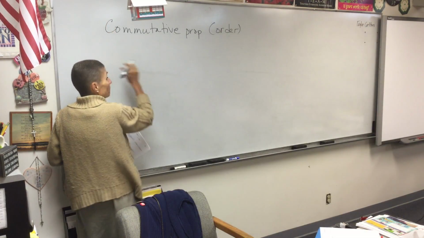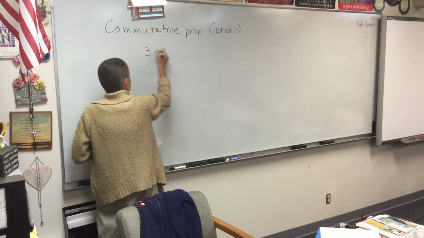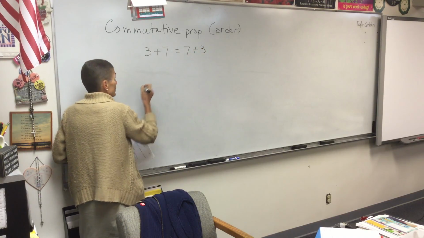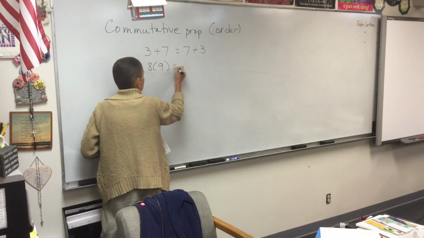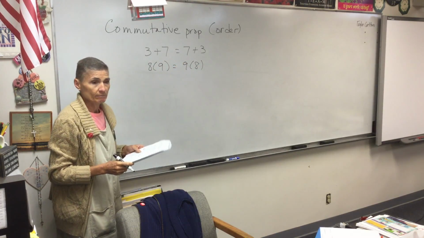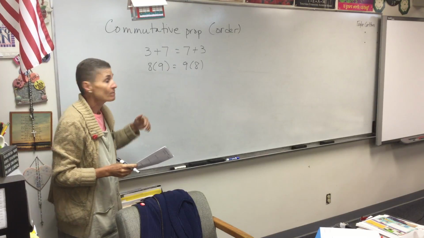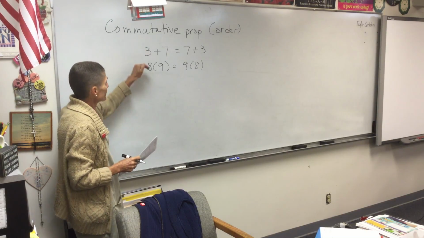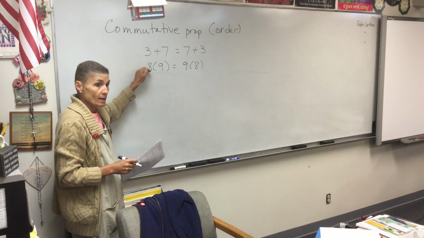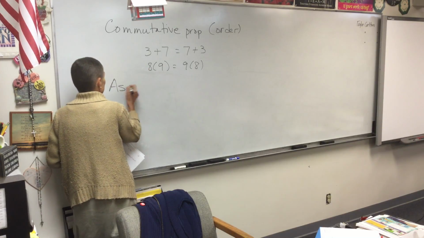So that reminds you that when we talk about commutativity, we're talking about order. So some examples of it would be 3 plus 7 is the same as 7 plus 3, or 8 times 9 is the same as 9 times 8. That's commutativity. That's the commutative property. It works for addition and it works for multiplication. The associative property